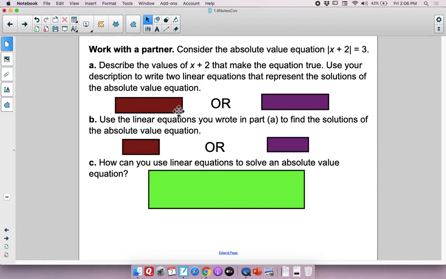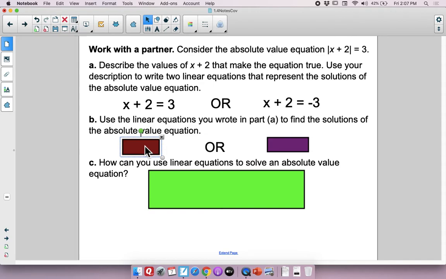Okay, now I'm going to write two equations, two linear equations. Notice it does not say absolute value equations. So what did I solve? I solved where x plus 2, what's inside the absolute values, equals 3. And the other one was I wanted x plus 2 to equal negative 3, right? And like we said, we know it's going to be 1 and negative 5 as our solutions. Notice when we solve this, we get 1. And when we solve this, we get negative 5.